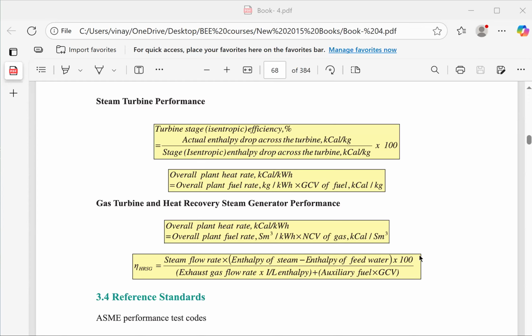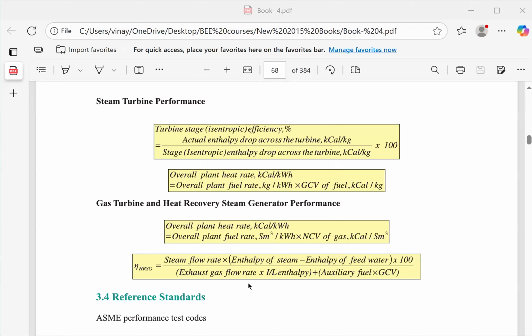So what is the useful output by a boiler? It is the steam flow rate, so many kgs per hour. And what is the heat content per kg? Enthalpy of steam minus enthalpy of feed water. Because if the feed water is preheated, that heat is not given by the fuel. The fuel is giving the difference between that. Therefore, the total heat of steam minus the heat of feed water, which is normally the temperature it shows, because the specific heat of water is 1,